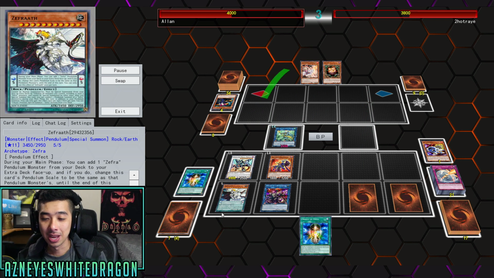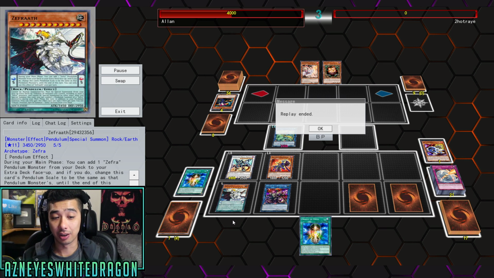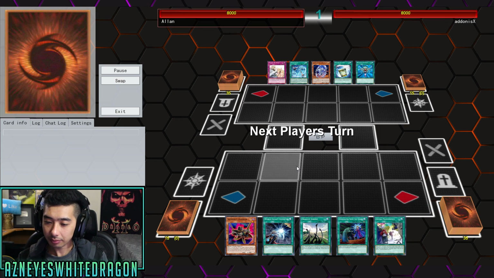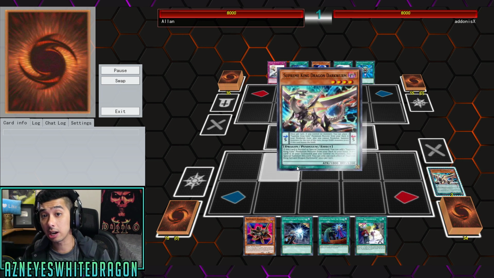Sure, I guess. Because Zephyrath over here is a Pendulum effect. It's just to add that Zephyr monster, which at the end of the day is pretty much the main play with it, because you're not going to be utilizing it after that anyways. But let's go ahead and see one more play, and then I'll give you guys the deck profile